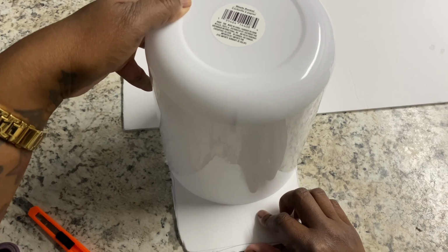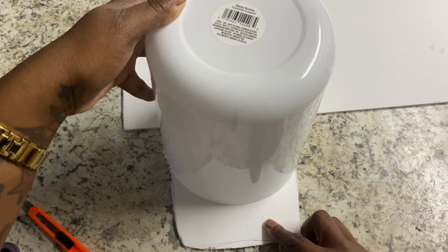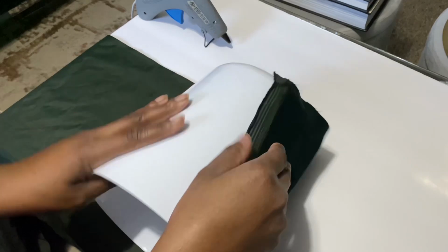So this is pretty much the look and ideal that I'm going for. Like this here, this is how I want it to be. So I was just trying to measure out and get my eyeball of the look how I wanted it to be. So anyways, now here I'm taking the fabric and basically I'm going to measure how much of fabric